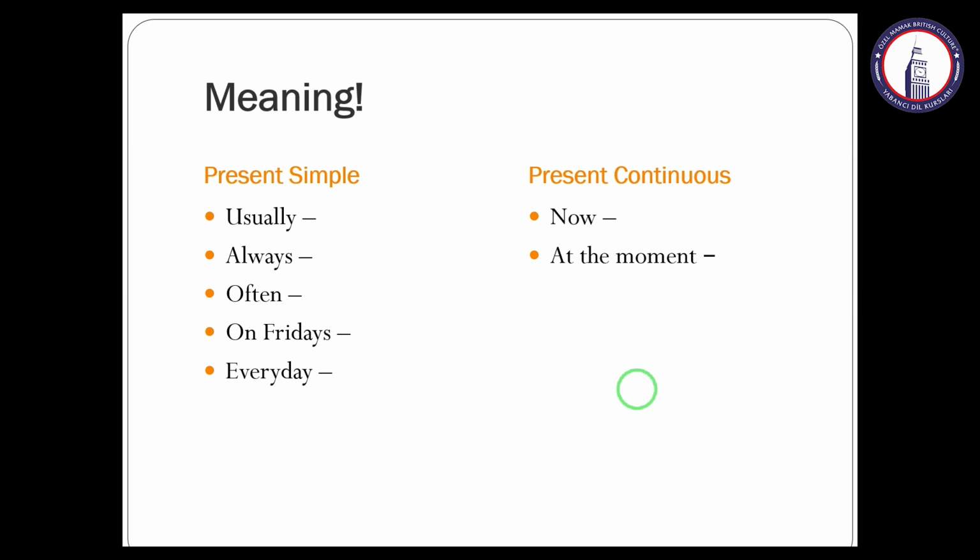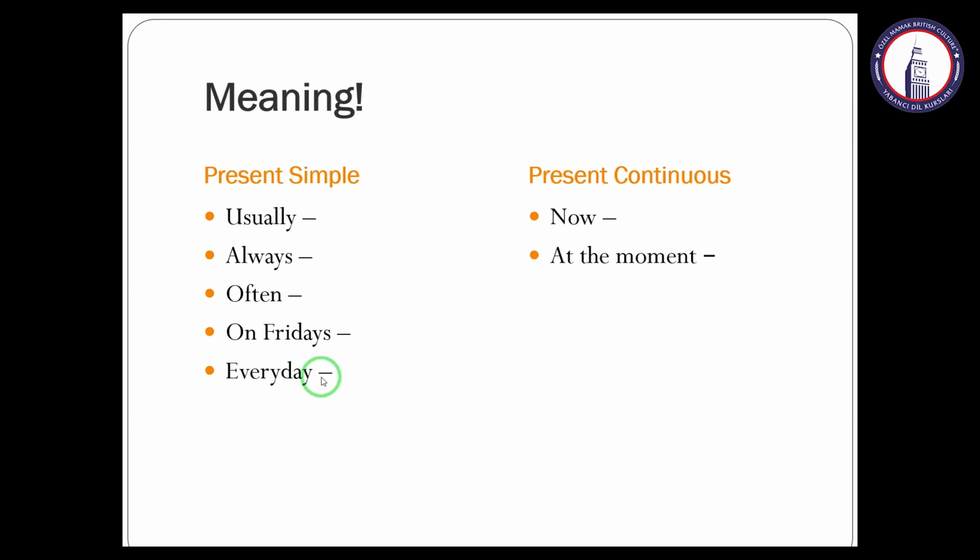So as you can see, in one of the lessons, we have already talked about adverbs of frequency like usually and always and often. These adverbs actually show we are doing the action generally, like usually, always, often, on Fridays, and every day. It doesn't mean right now, at the moment, we are doing something. If we come to right now and at the moment, which is for present continuous, we talk about the ing form of the verb. But here, no, it needs just the first form of the verb, which is the simple form